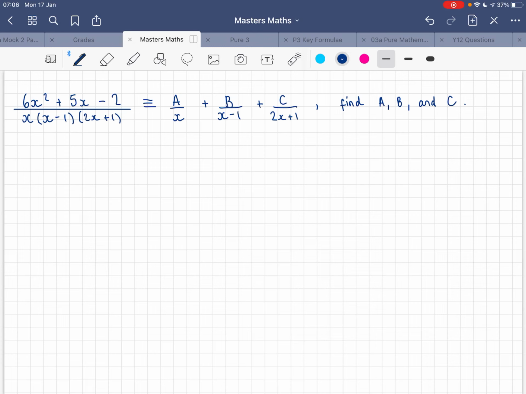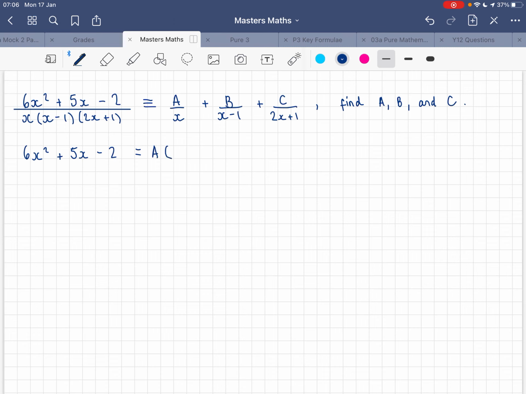We want to find a, b, and c. The first step is the same, so we are going to cancel everything out. Multiply through by the denominator, and from there things will cancel. So we get 6x squared, because the full denominator is going to cancel on the first one, is equal to, on the second